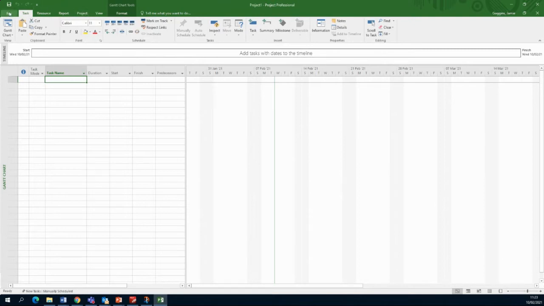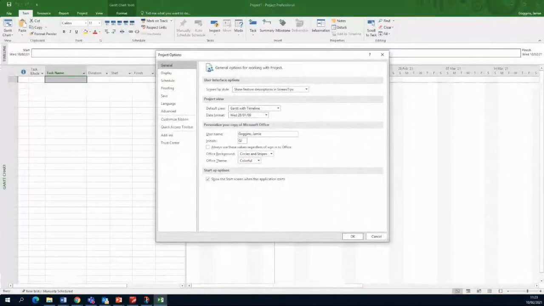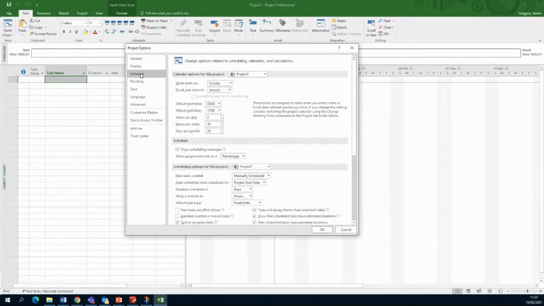So the first thing that we would do in a project is go to File and then Options, where I can have a look at the various different options available to me in there. For example, our name and so on, but if I look into Schedule, for example, in the options,